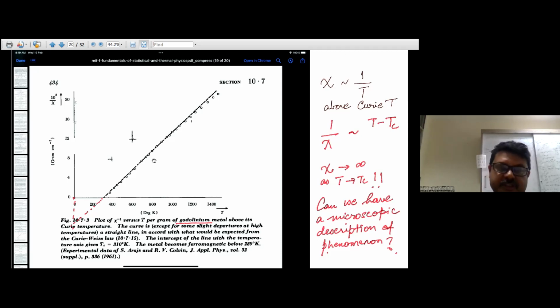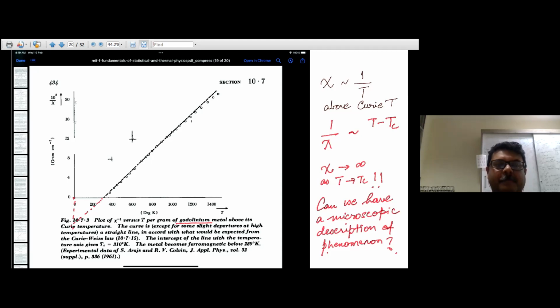And chi actually can be shown. So you can measure this. You can measure del m del b at different values of temperature, right? And above the Curie temperature, it is seen that 1 by chi is increasing as a straight line with increasing temperature, such units, right? So it is increasing with temperature above Curie temperature, but actually, as you take temperature to a certain value,